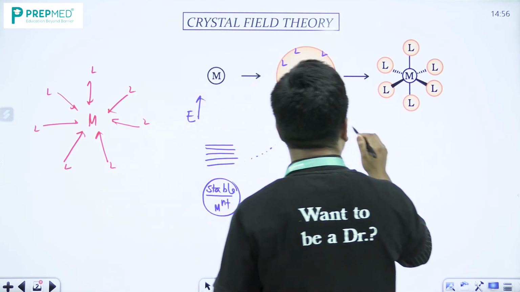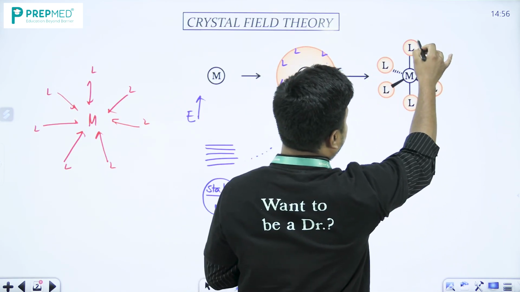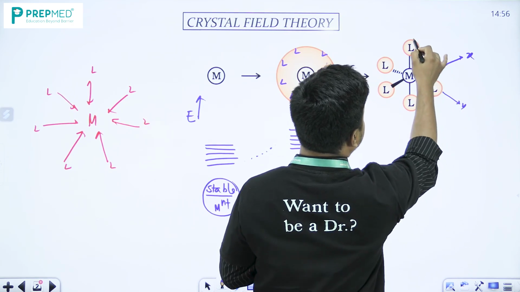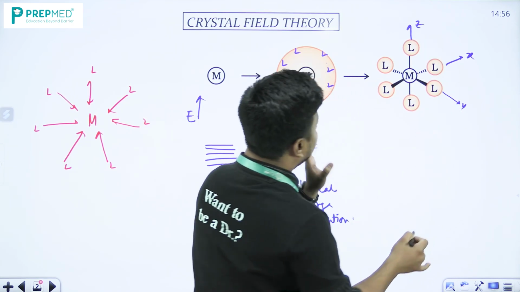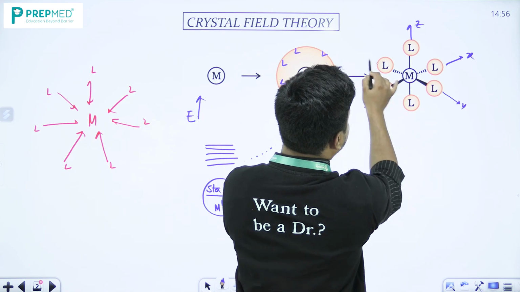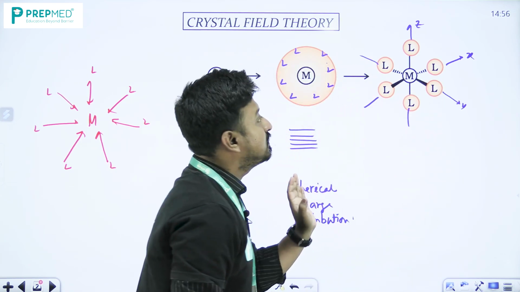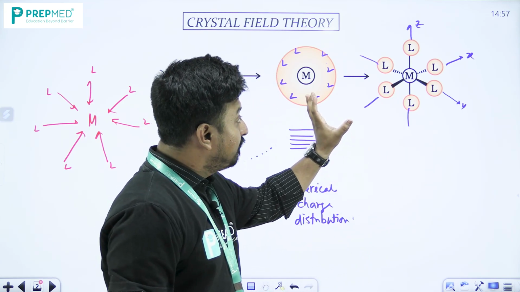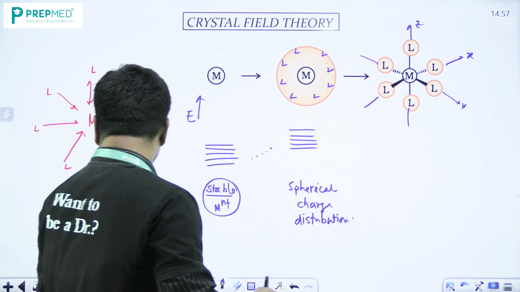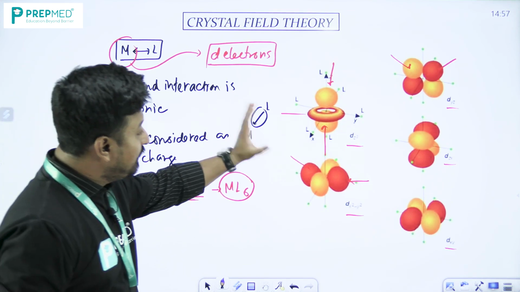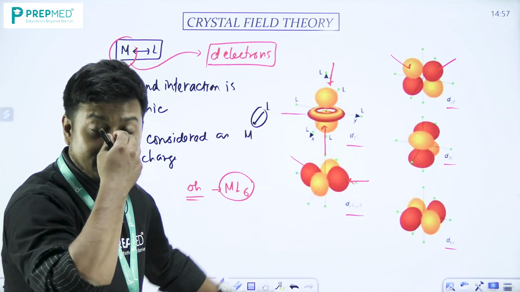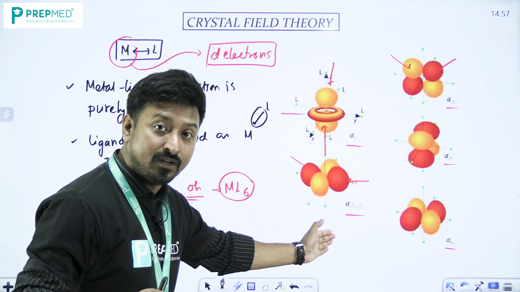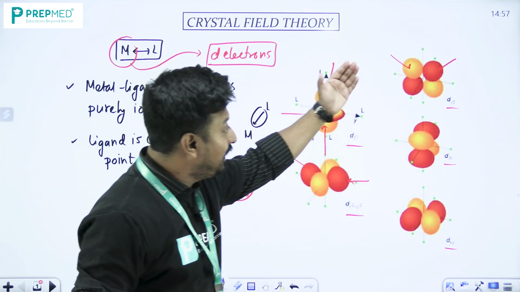Now if you see an octahedral complex, this is an octahedral complex. So let's say, beta, this is my x-axis, this is my y-axis, and this is my z-axis. So basically the ligands, if you see, they all are approaching from the axis, right? Now if I go back to the structure of the d orbital, the ligands which are approaching along the axis will directly hit dz square and dx square minus y square, and they will indirectly hit yz, zx